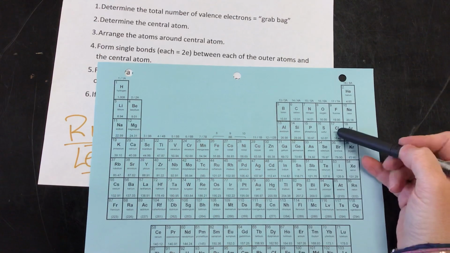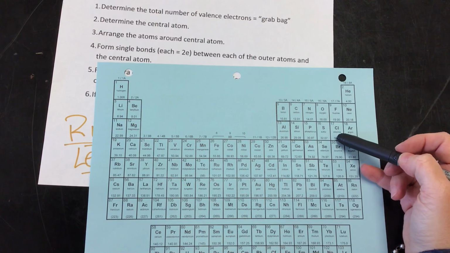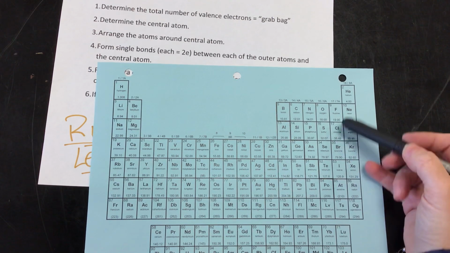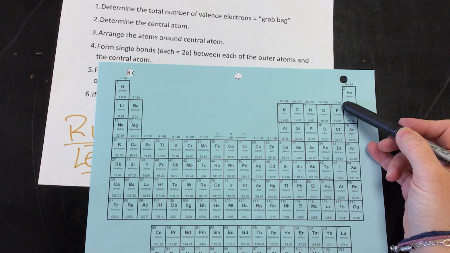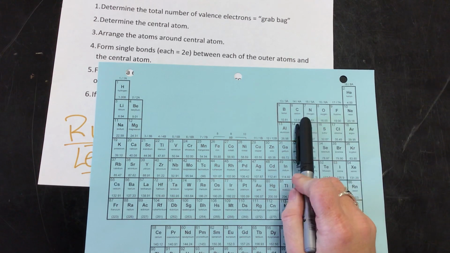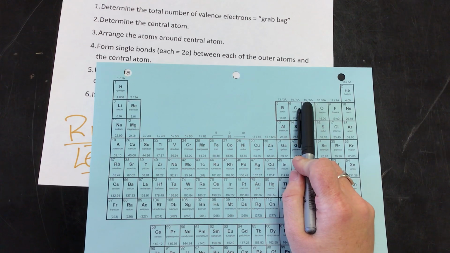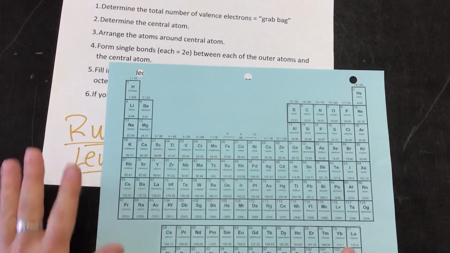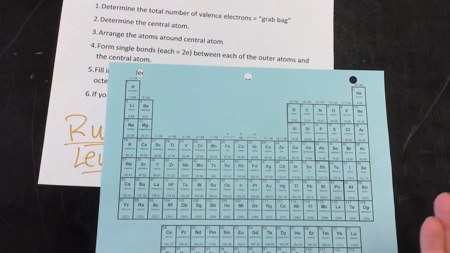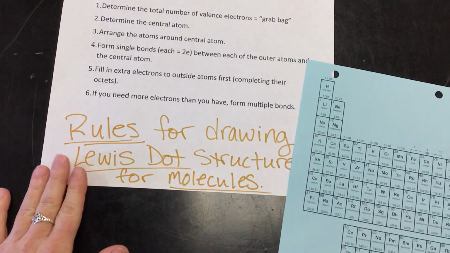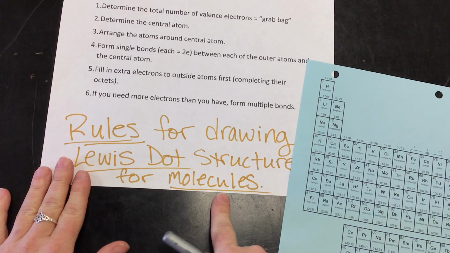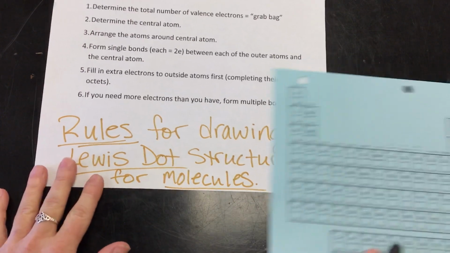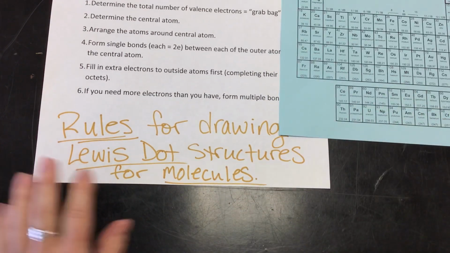For chlorine, all the way over here, a halogen, chlorine is in group 17 or 7A. It has 7 valence electrons. Nitrogen is in group 15 or 5A. It has 5 valence electrons. You will need to be able to quickly go through that in order to draw the Lewis dot structures for various molecules. So the first thing we are going to start with